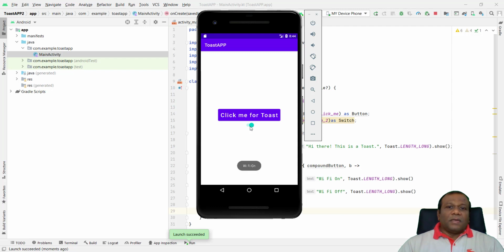When I click off, Wi-Fi off. Toast here, when you click this button, hi, this is a toast. In a few seconds, it disappears. Here the Wi-Fi on toast is also there because I switched it on right now.